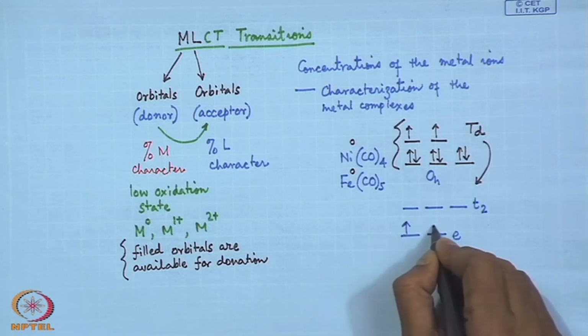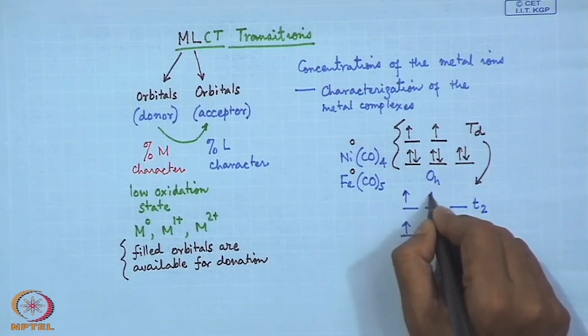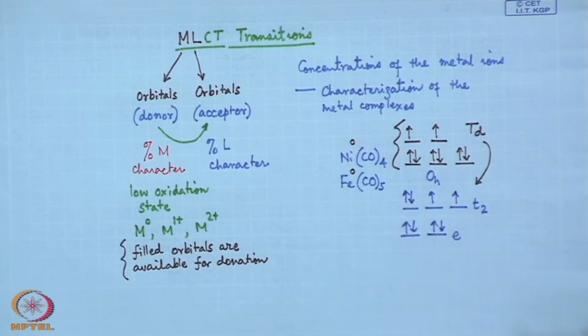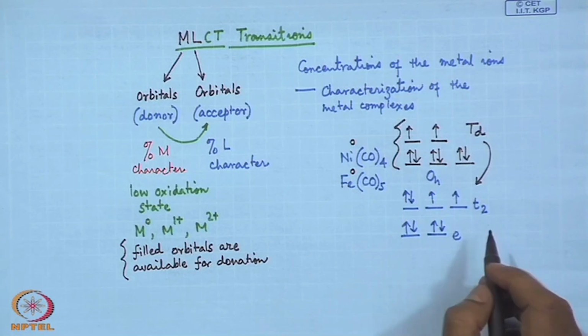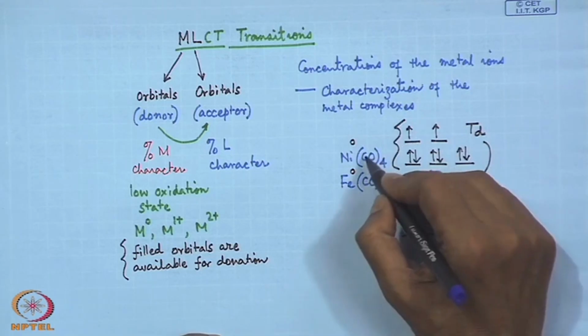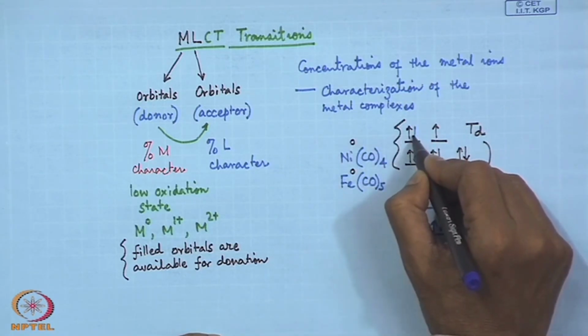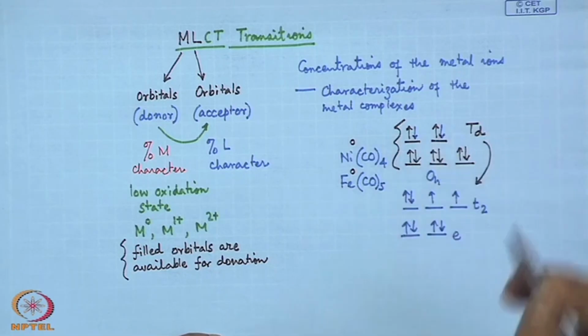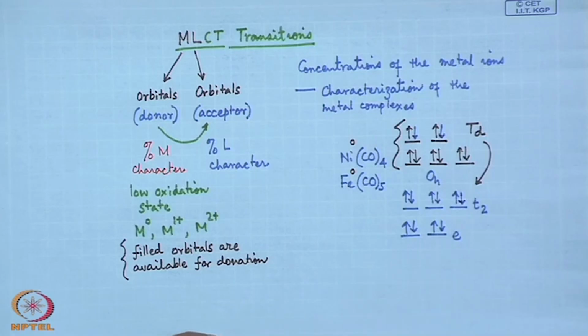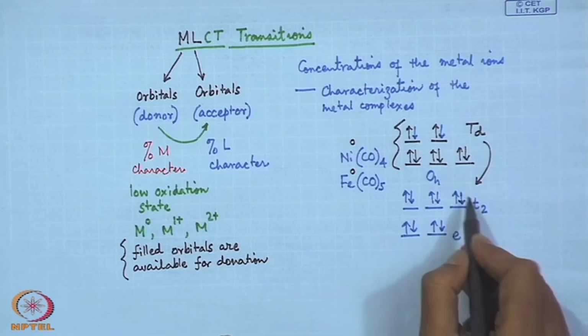So, we have 1, 2, 3, 4, 5, 6, 7 and 8 electrons for nickel in the plus 2 oxidation state, and apart from that, when we consider the 0 oxidation state, we have 2 more electrons if it is in octahedral geometry, and if it is in tetrahedral geometry we have a situation like this. So, if we consider that all the 10 electrons which are coming for donation to the ligand orbitals are all filled,